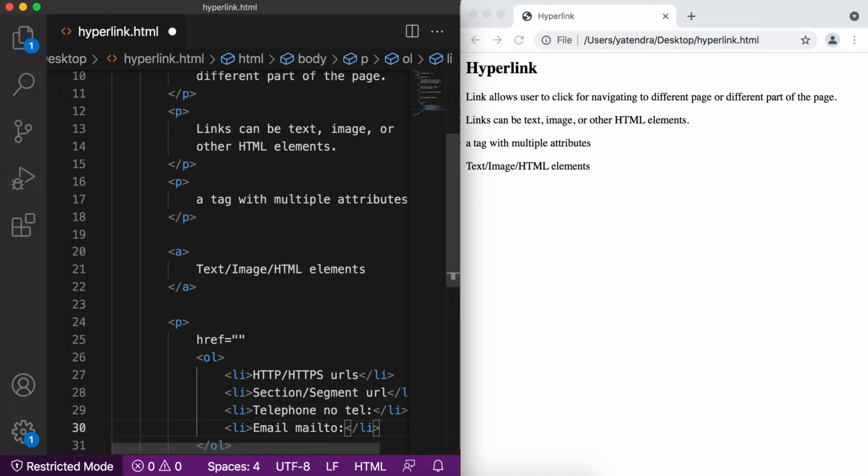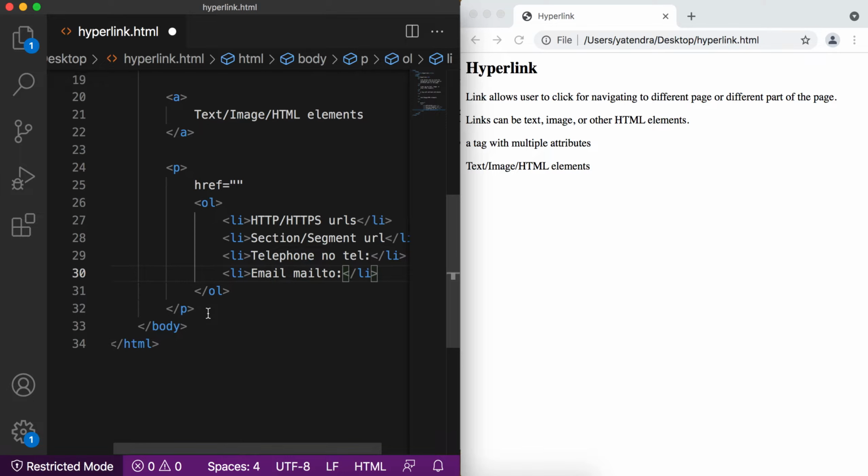So for these two values, when you give the telephone number with tel colon string, this will trigger the installed software in your system and you can call that number. If you write the email with the mailto string, then if some software like Outlook or any other is installed in your system, that software opens with that email and you can send an email to that address, right? Let's use these things one by one.